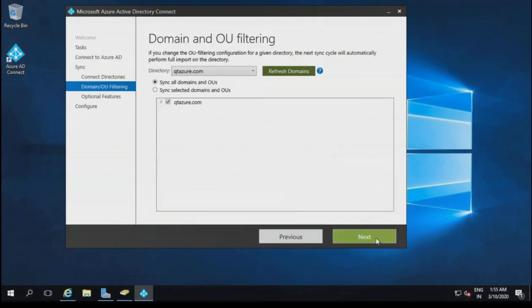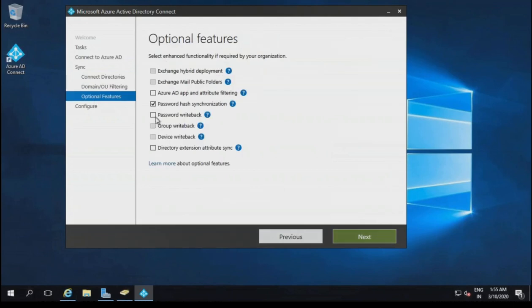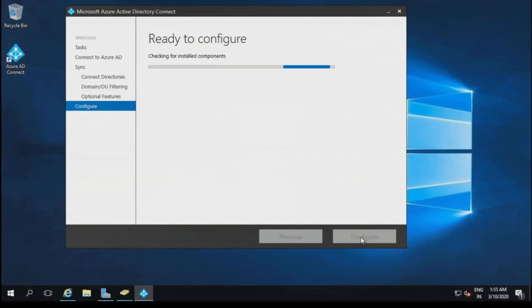Next. Enable. Am I clear on this? So you can enable Azure AD app and attribute filtering. You can say what directory extensions you want to synchronize.